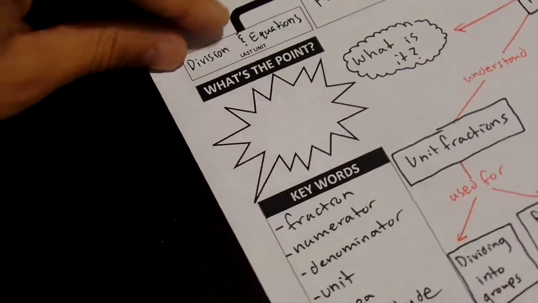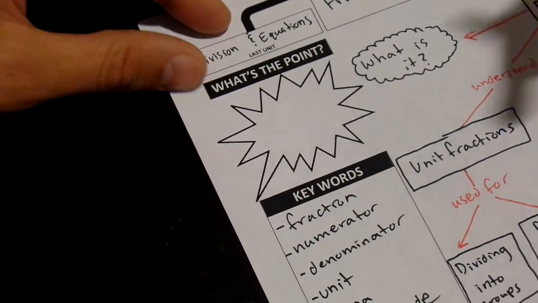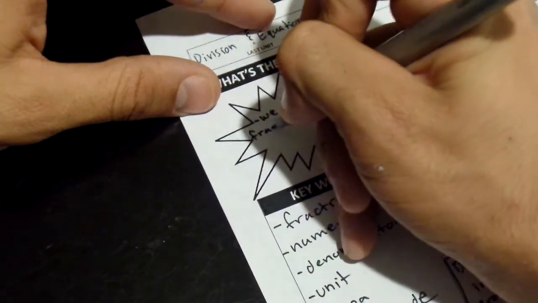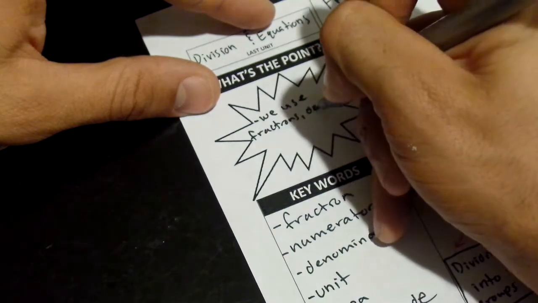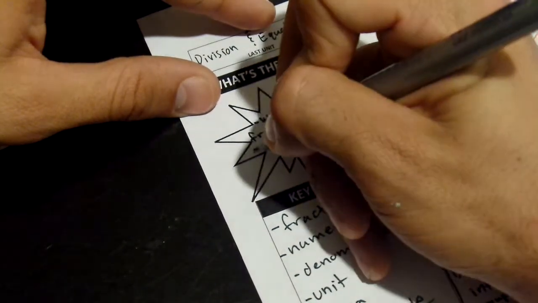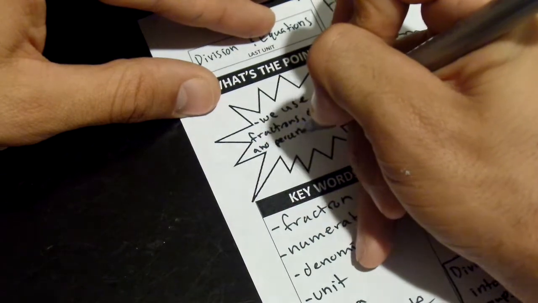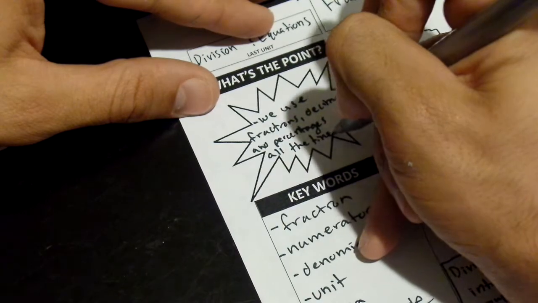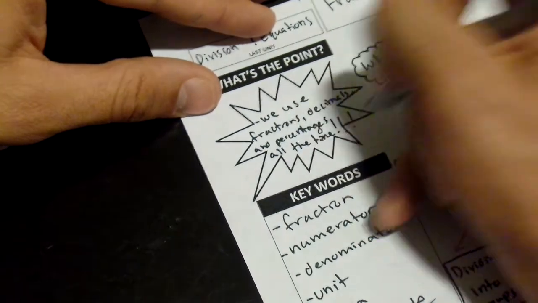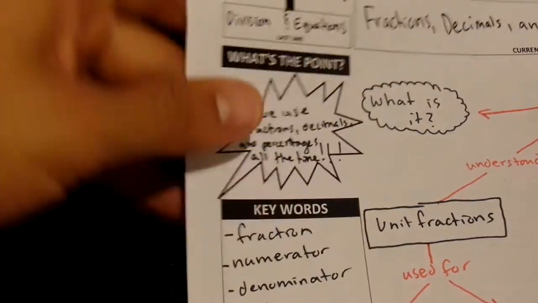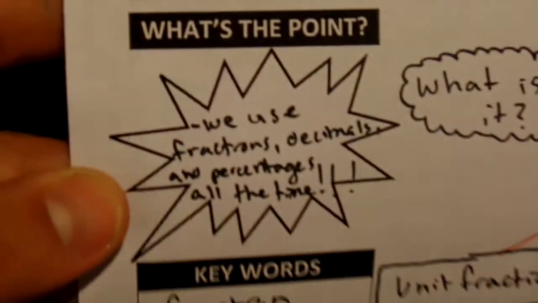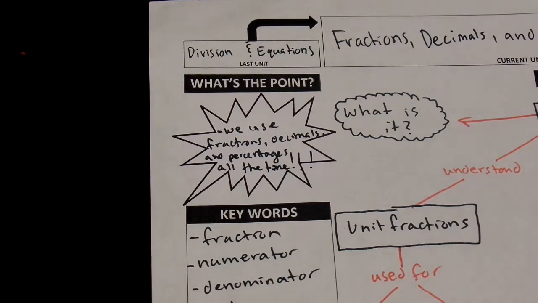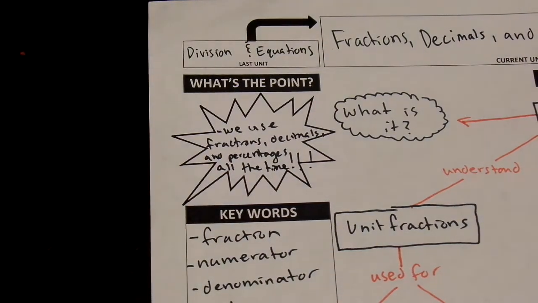All right, and then what's the point? Again, like I said, this is one of my favorite units. We use fractions, decimals, and percentages all the time. Okay? We use fractions all the time, dividing cakes into half, simple fractions as half, maybe a little more complex, decimals